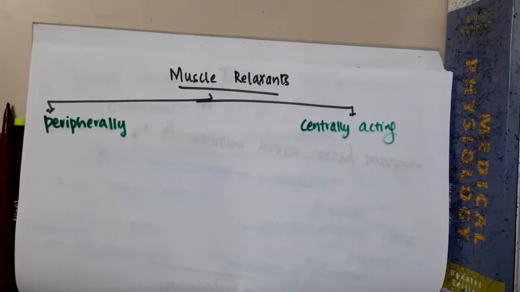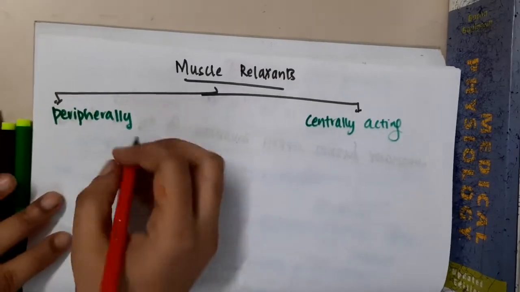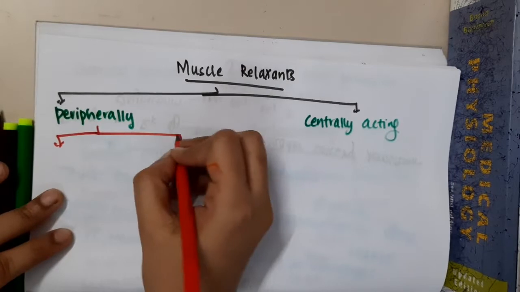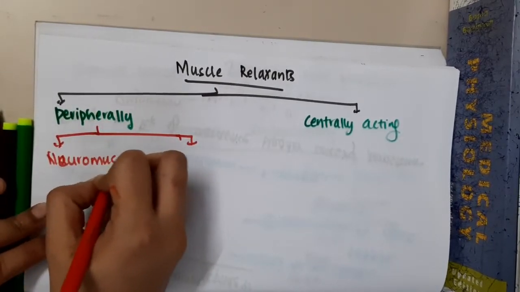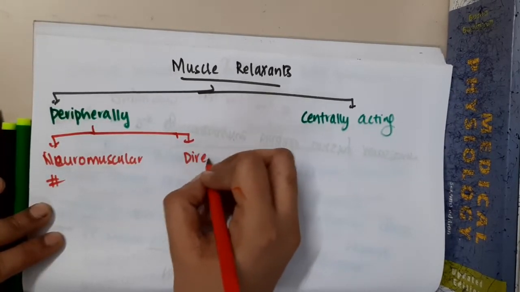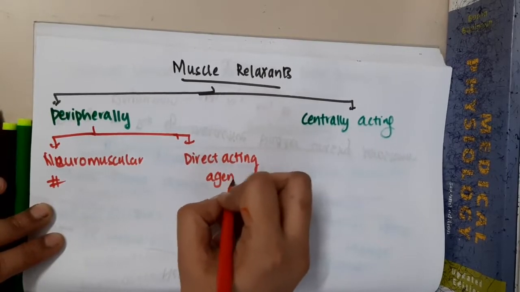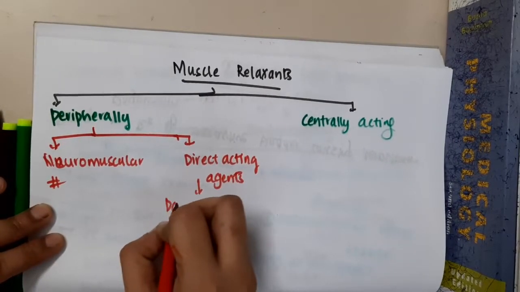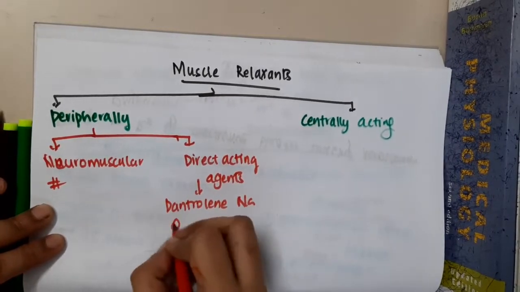In the peripherally acting muscle relaxants, we have again two: neuromuscular blocking agents, and direct acting agents. Dantrolene sodium is a direct acting peripherally acting muscle relaxant,